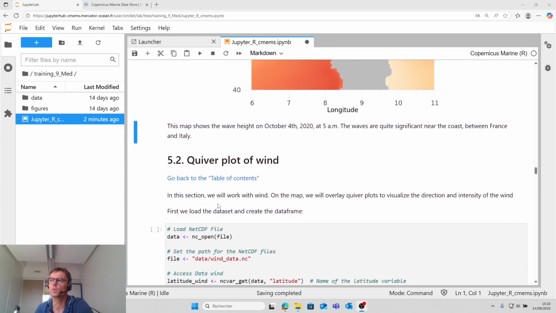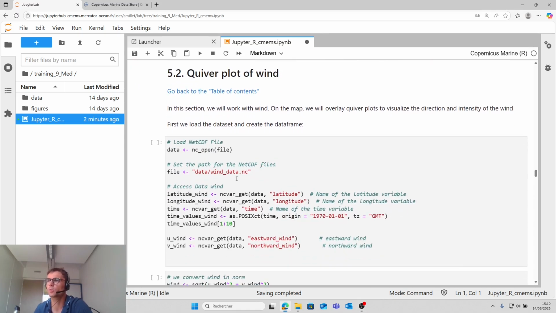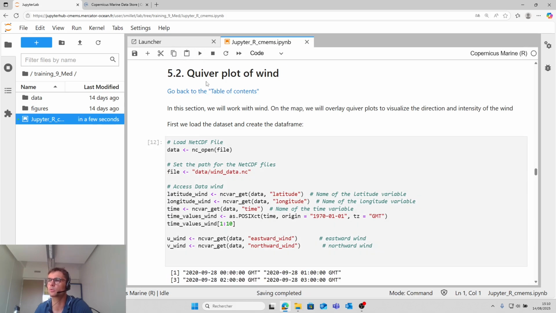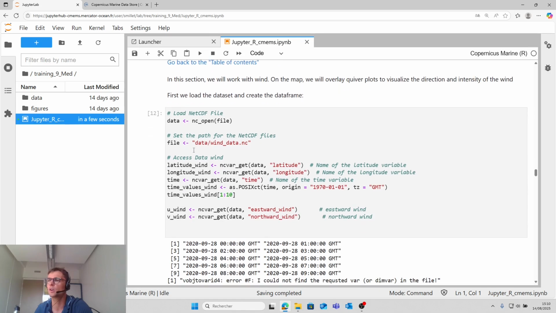Now we plot a map of wind with an arrow to see the direction of the wind. So first we load the dataset and create the data frame. So here it is exactly the same code that we have seen before, but we load the variable, the dataset of wind.